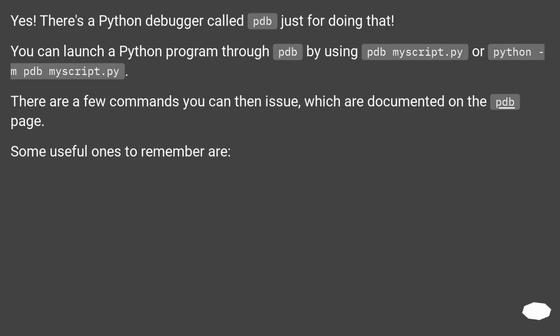Yes. There's a Python debugger called PDB just for doing that. You can launch a Python program through PDB by using pdb myscript.py or python -m pdb myscript.py. There are a few commands you can then issue, which are documented on the PDB page. Some useful ones to remember are: